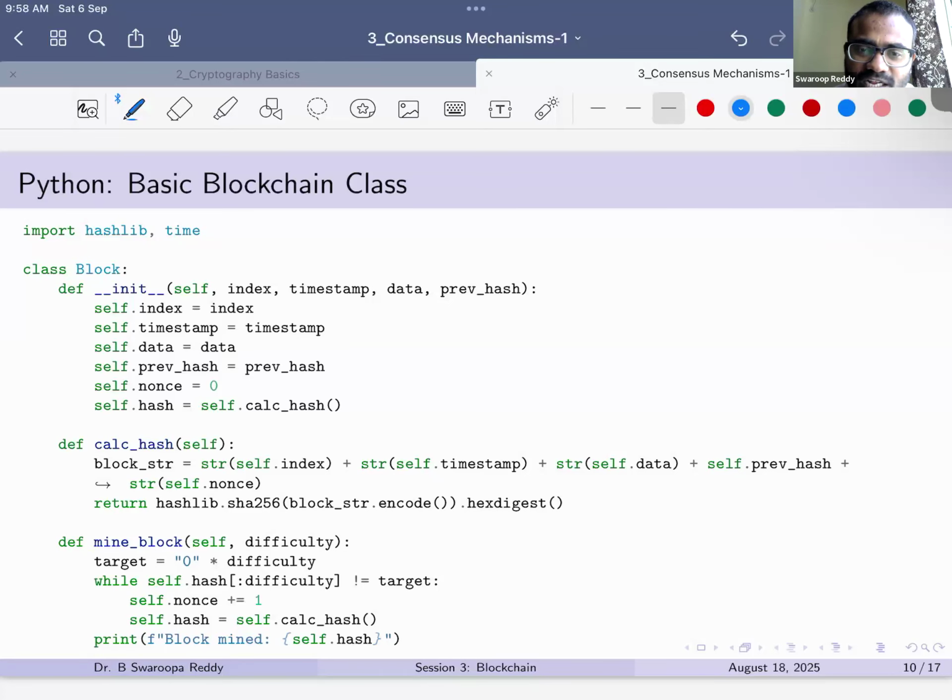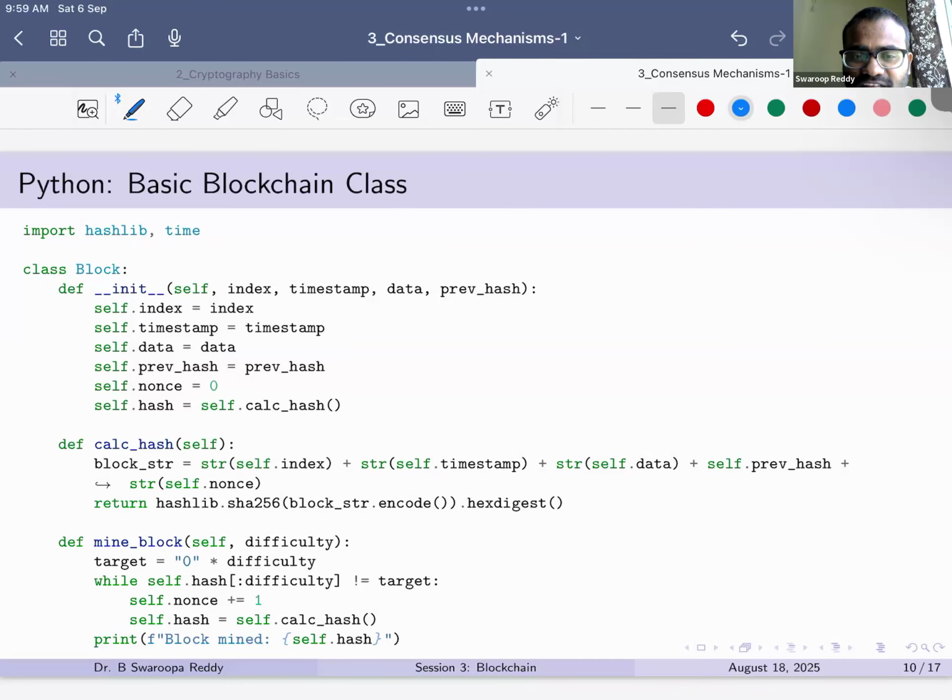These are the metadata, and it also needs some functions to compute the proof of work mining. These are the two functions defined here: calculating the hash and mining the block. We can use these to generate a new block or to compute the proof of work puzzle. If you call the mining function, you need to define the target. Just for understanding purposes, we have given this here in the mining